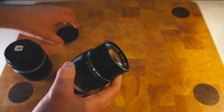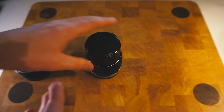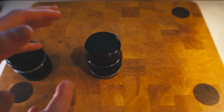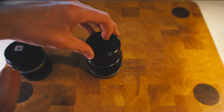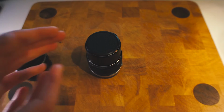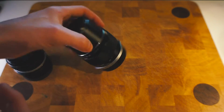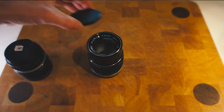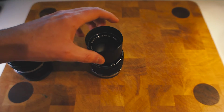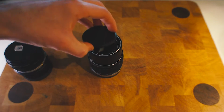But you will find that when you stop the lens down, you get a lot more sharpness in the lens. At 3.5 it's acceptable, but you will find some chromatic aberration in high contrast situations. But with bokeh and blur, you will find that this lens is still effective, because the more you push in and the more telephoto you get with the lens, you seem to compress the background a lot more. This is a negative slash I like